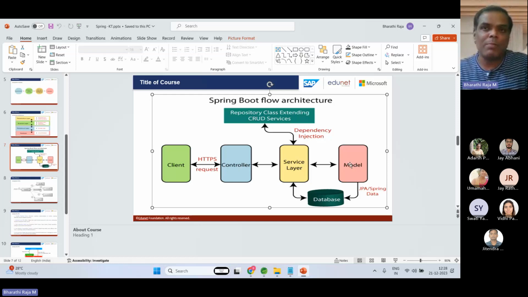So this model means what kind of prototype my object should be. So I need to create one POJO class, employee or anything. I need to give the model. Okay, but when